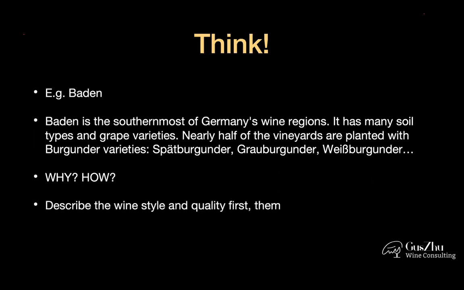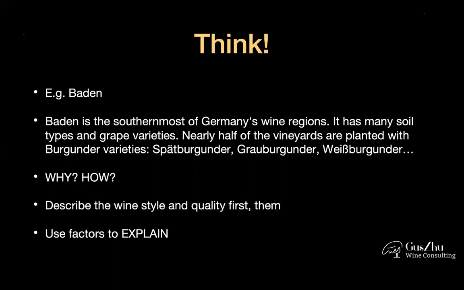Right? Think about them. So you describe and think about those wine styles made from Pinot Noir, Pinot Gris, Riesling. Of course, they plant Riesling over there, and also Müller-Thurgau and all that. And think about the different qualities among them. And you use factors to explain. Oh, because it's the southernmost region of Germany, here it is warmer as compared to regions like Mosel. That is why it's easier for them to ripen even black grape varieties like Spätburgunder.